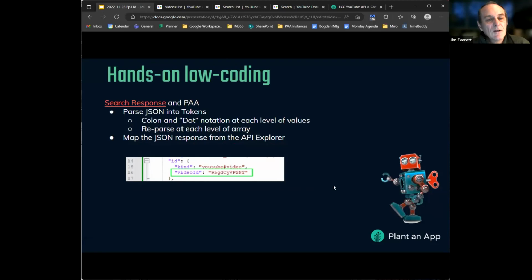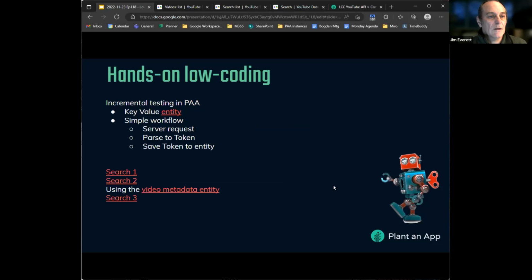So now we've got the whole of our request, and we have an understanding of how the response is structured. We can begin our development. One of the things I like to do for this sort of thing is build it up incrementally, and I'll use a very simple entity to capture results from